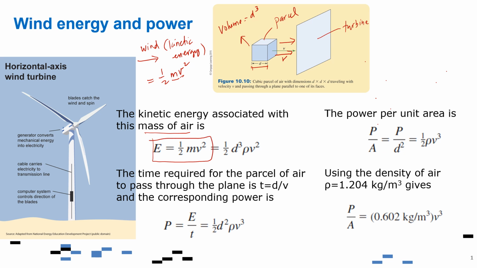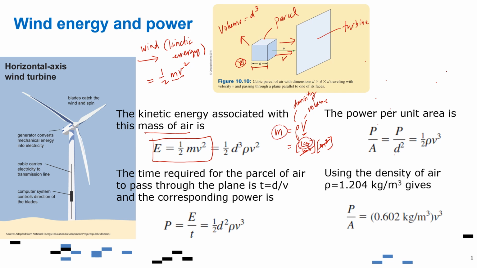If you look again at this example of a parcel of air, we can say that the mass of that specific parcel of air is equal to rho V, where the capital V is volume. So this part is volume, and we know that rho is the density of air. If you look at this formula, rho V, density is kilogram per cubic meter and volume is cubic meter, so we get a mass in kilograms. So that is the mass here.